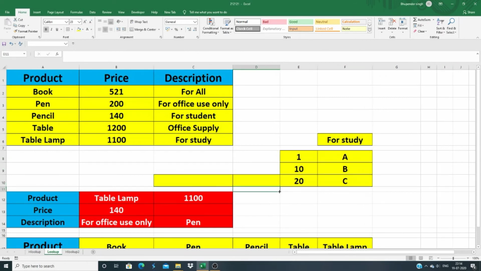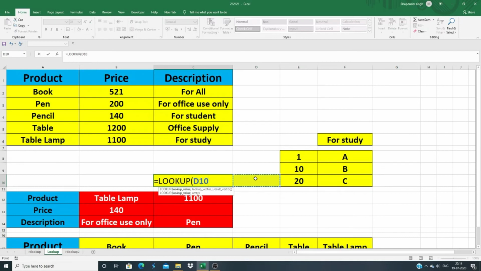So guys, here we created a very small project area, and now we are going to use the second version of the lookup function. Type lookup. So the second version's first parameter is the lookup value, which is similar. So we select D10, which is a blank cell, put comma. Second parameter is the array. So here we need to select our complete data,